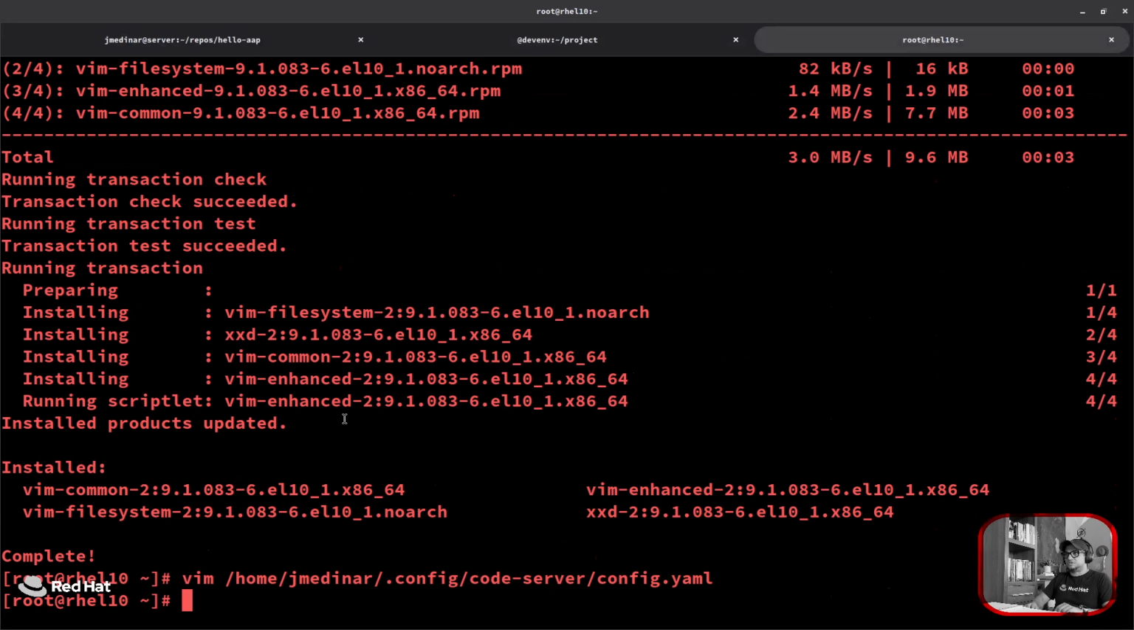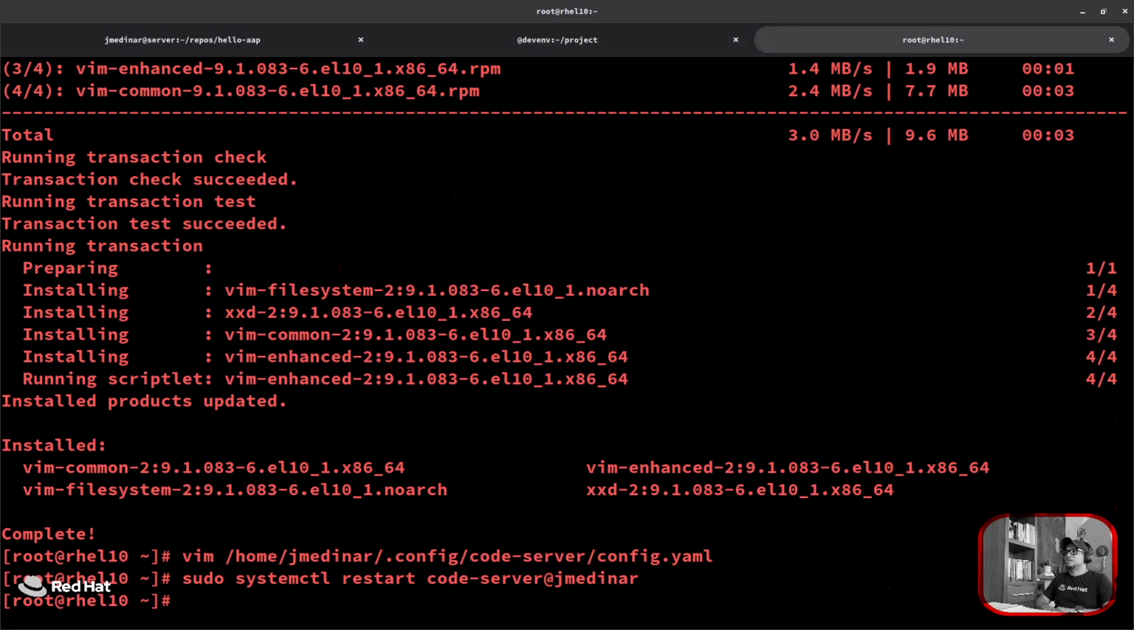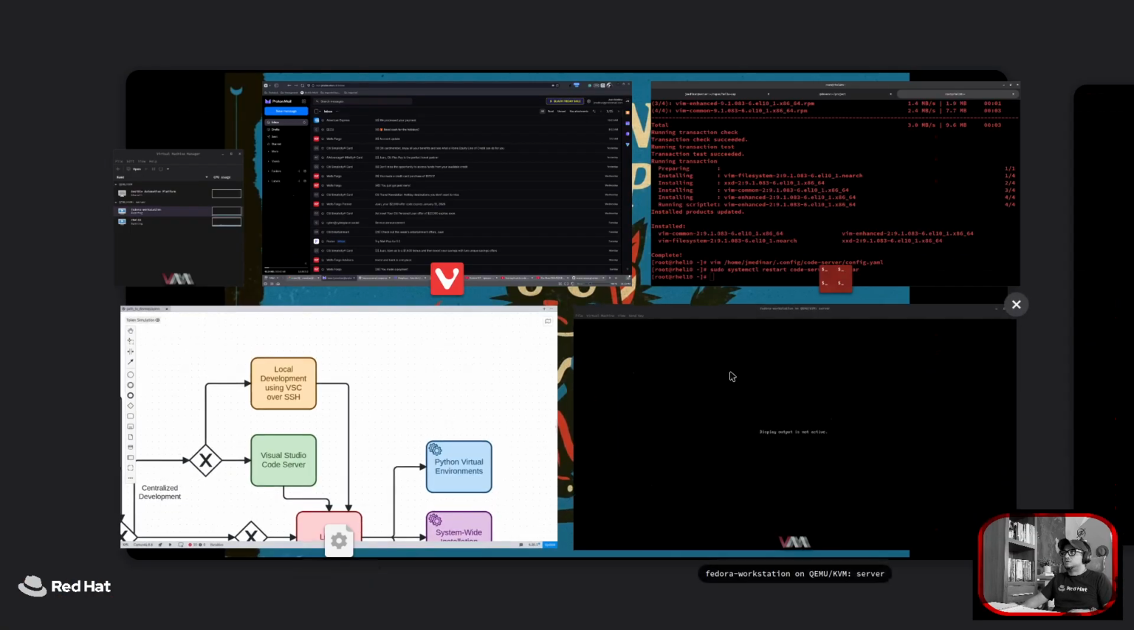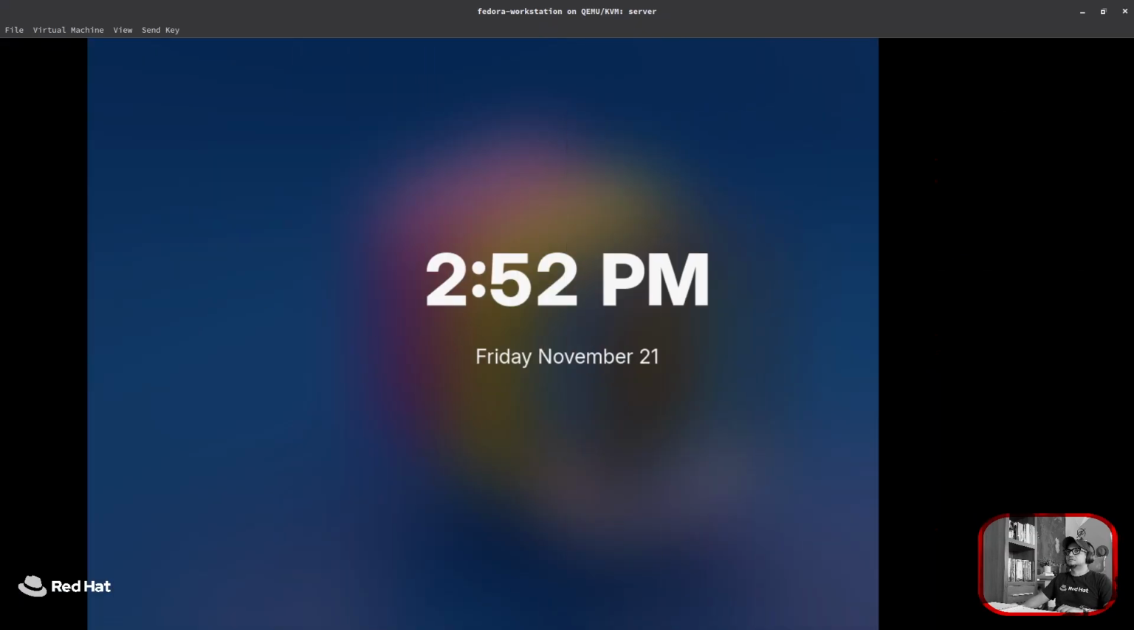Now at this point I'm going to save it, and I need to restart the service for this specific user. So I will do a sudo systemctl restart code-server for J Medinar. Now I can go to my workstation,